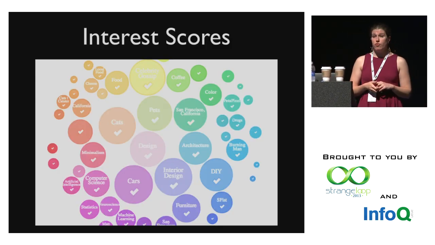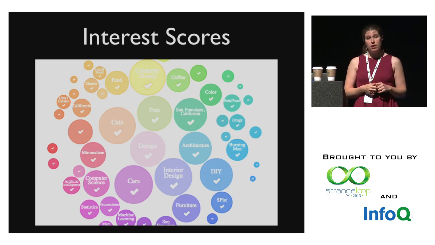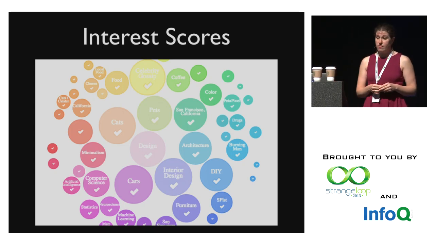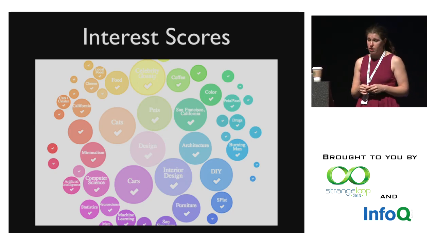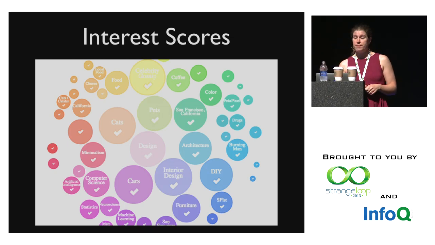Next, we have recorded information about each user. We maintain long-term summary statistics for every topic or publisher that every user has ever interacted with. You can view it as a summary score. If I've removed a lot of articles from Thought Catalog, then Thought Catalog should have a negative score. If I click on a lot of cat stories, and I do click on a lot of cat stories, then the cats topic will have a high positive score.